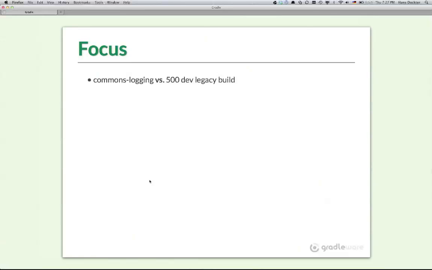So you may ask the question, what is more important: to make automation as easy for projects like Commons Logging, or for the 500 developer legacy build? Our focus is the pain in the medium to large scale enterprise builds, and that affects to some degree